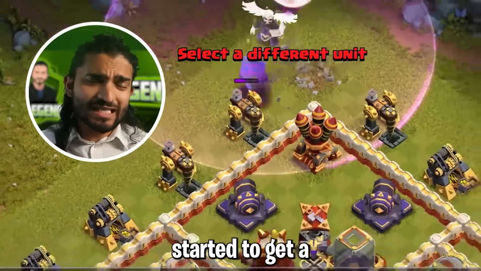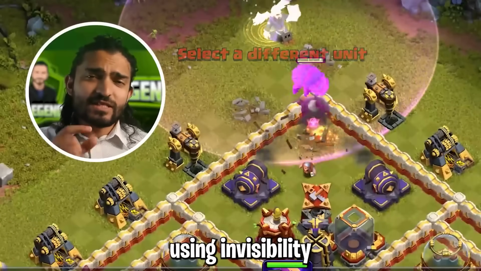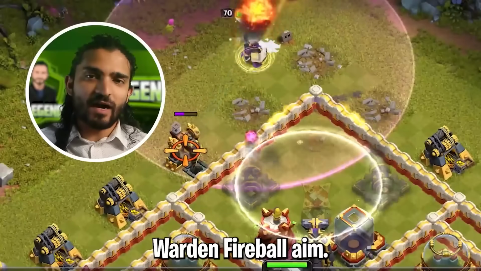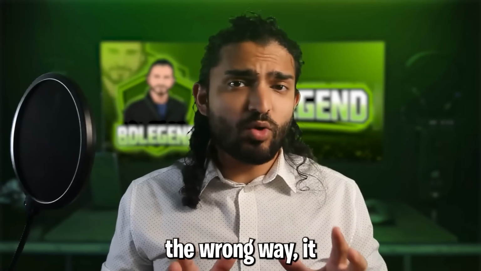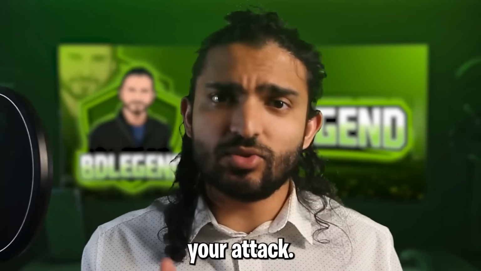Players have also started to get a little bit creative using invisibility spells to have that Warden Fireball aim farther into the base. A word of caution though, if used the wrong way, it can be absolutely devastating to your attack. But moving on, at the top of our list, at the number 1 spot, we have none other than